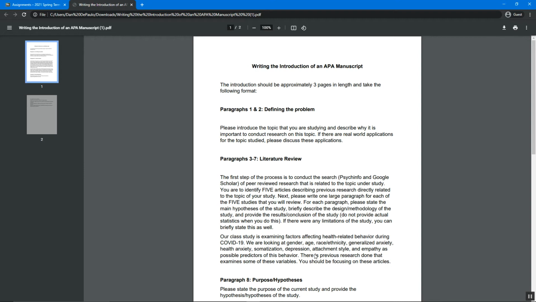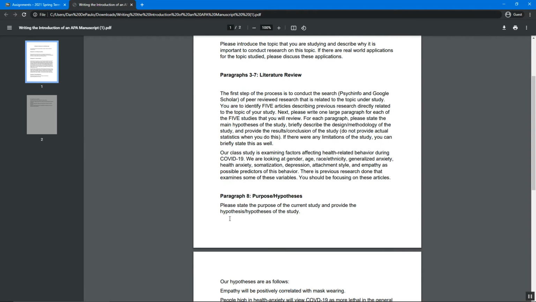And when you do these summaries of these articles, talk about what was the design of the study, what was the methodology, what they found, what were the conclusions, and if there were any limitations in the study, you can put a sentence in about that. So 1 large paragraph per article. So you want 5 articles, 5 paragraphs. That makes the bulk of your literature review. That's paragraph 3 through 7. Paragraph 8